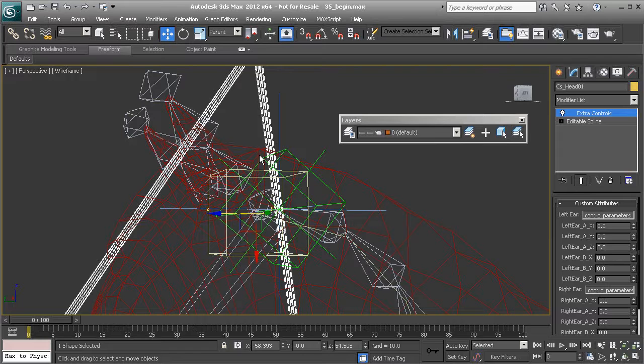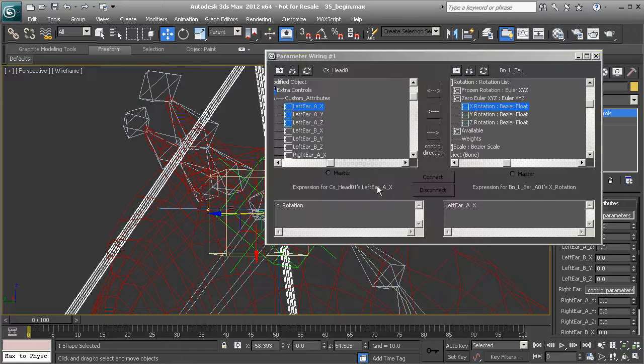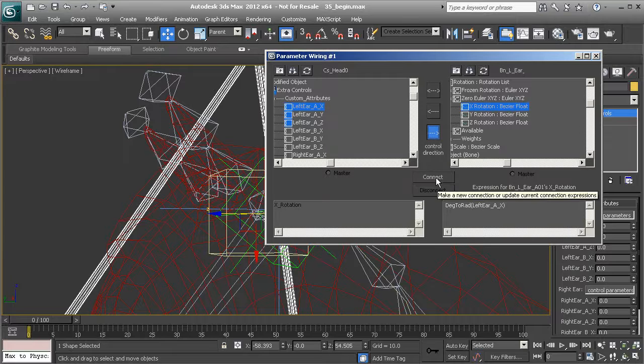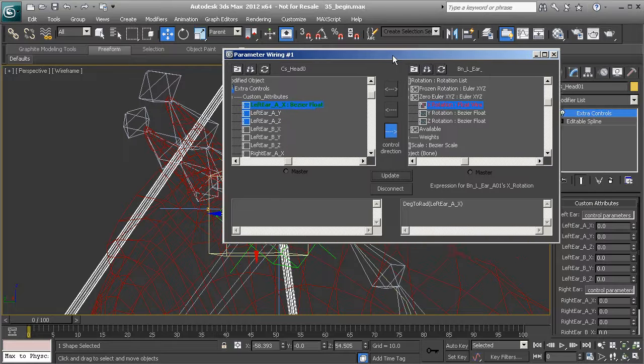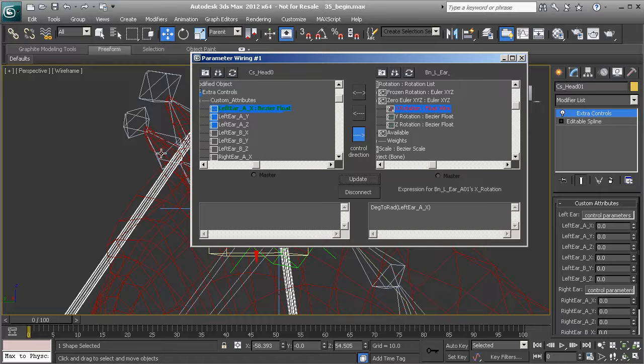Alright, so again, we'll use Control 5. It's going to be modified object, extra controls. Grab ear A on the left side, connect it to its zero Euler x-axis, and let's go ahead and use our deg to rad function. And connect. Okay, great. So that's the process for the rest of these. Let's go ahead and make sure we hook all of those in, and that's the last step to finish the